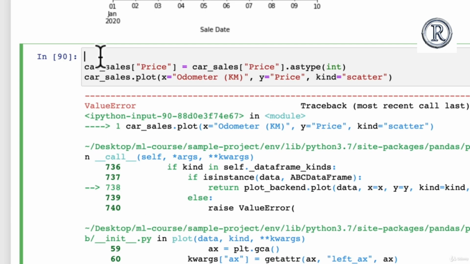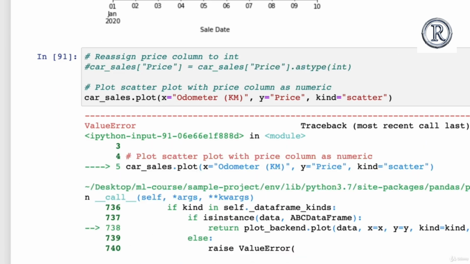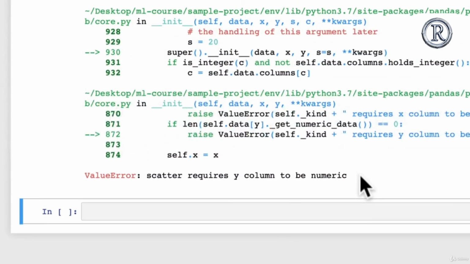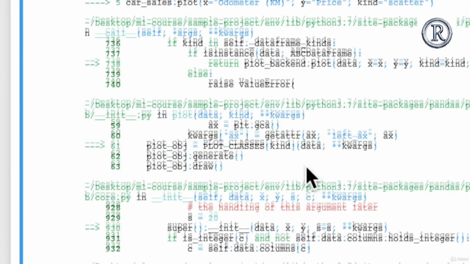This should work. So we got reassign price column to int, plot scatter plot with price column as numeric. So without this line of code, we'll comment that out. We're going to get an error here, value error, requires Y column to be numeric, but what we're doing with